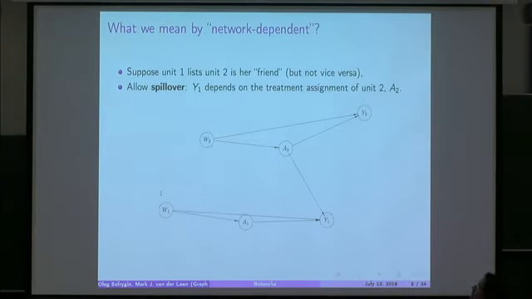All right, so what do we mean by dependence now? We have IID units, and to be more precise, for 2 units, 1 and 2, we assume that unit 1 is friends with 2. And to make it explicit, we're assuming that the exposure of unit 2 may have an effect on outcome of unit 1. And that's depicted by drawing an arrow. And I'm not saying that necessarily the exposure of unit 2 has an effect. We're simply hypothesizing that there might be a spillover effect, and we want to include it in our framework, meaning that we want to estimate the effect of that other unit's exposure on the outcome.